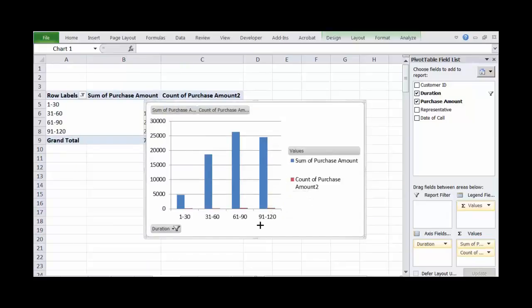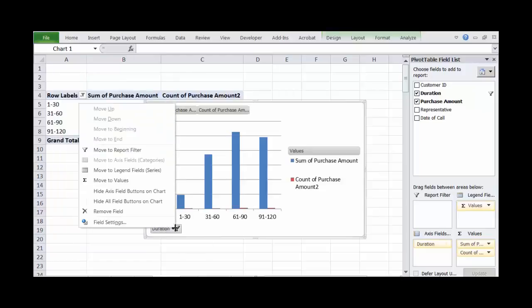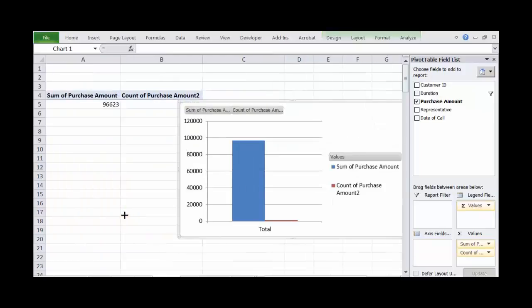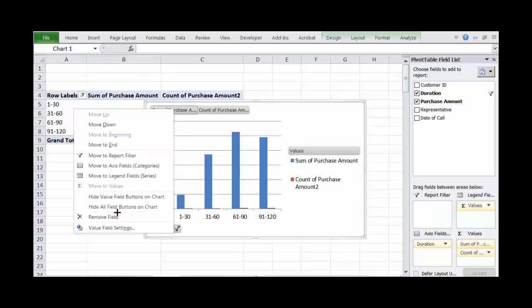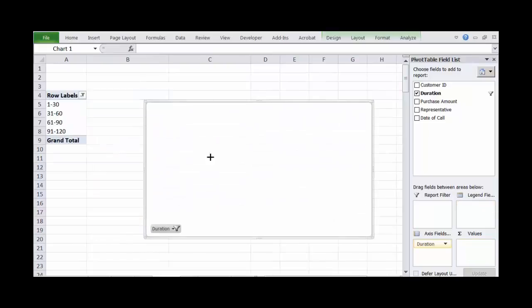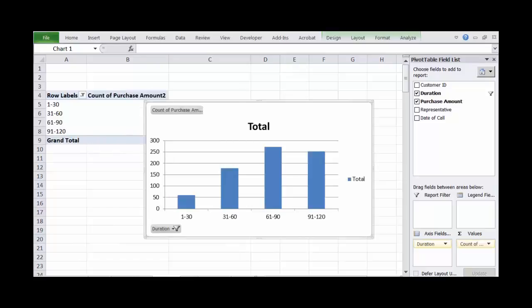But many times you may not want this dynamic chart. If you do not want it, what you can do over here is remove this. So how can I remove it? If I remove this field, see, the chart gets distorted. So you cannot remove the field by removing these values over here. See, if I remove this field, the chart is gone.